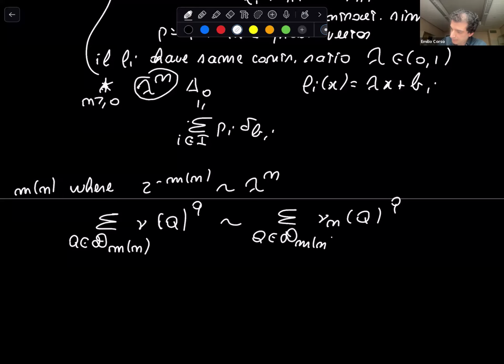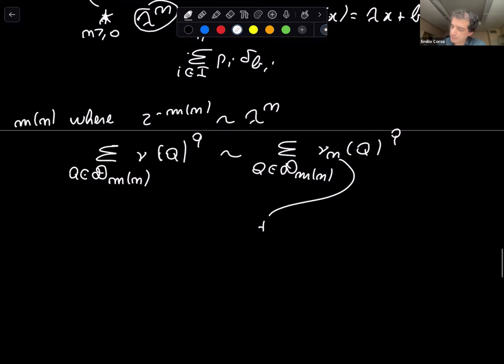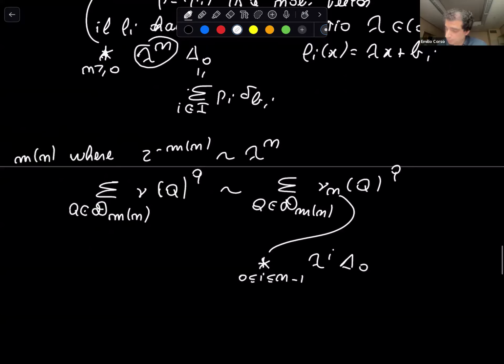where what is nu_n? Nu_n is the discrete measure that you obtain by simply taking the convolution of the first n factors, lambda i delta 0. So you forget about everything from scale lambda to the n onwards. Why is this almost true? Because your measure nu is the convolution of this nu_n times a measure which lives at scale lambda to the n. And if you are looking at L^q moments at that precise scale, then you're only shifting the support somehow, but these quantities are not affected up to some bounded uniform factor.